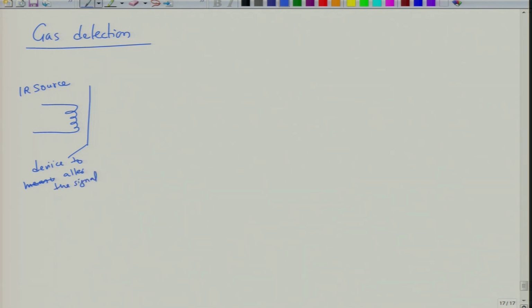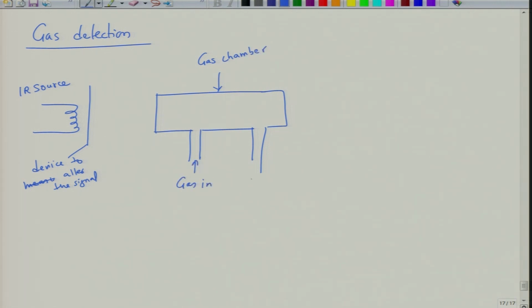You can measure the change in intensity, or you can create a continuous signal, or you can have a pulse signal and so on and so forth. So basically an IR source followed by something to change it, and then let us say we have a chamber, so let us say this is the gas chamber. Here we have gas in and we have gas out. And then we have the pyroelectric detector.